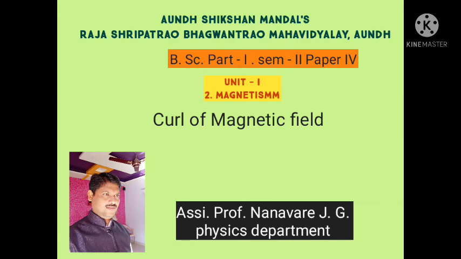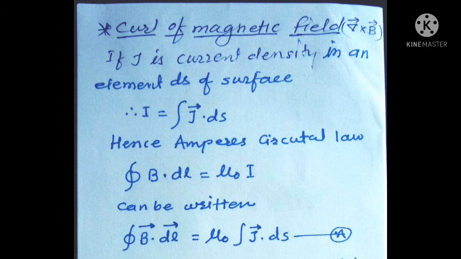Today's topic for the discussion is curl of magnetic field, that is del cross B. The Ampere circuital law is a simple relation between magnetic field vector B and current capital I. The law is easily applied to calculate vector B, that means magnetic field,